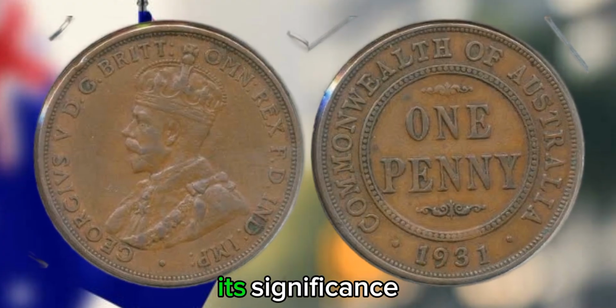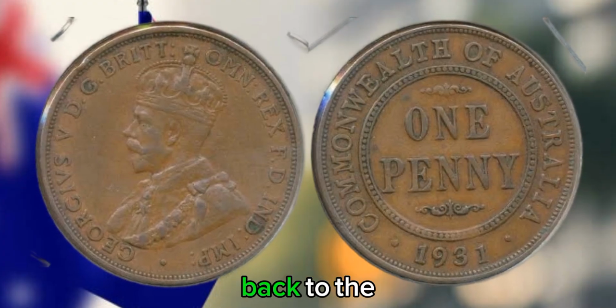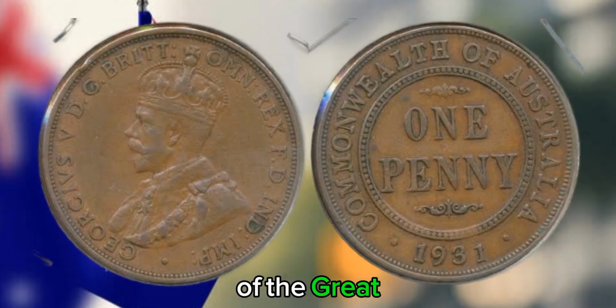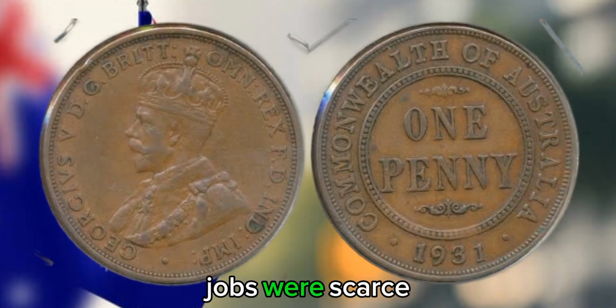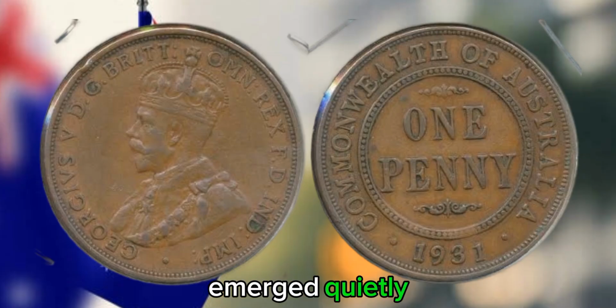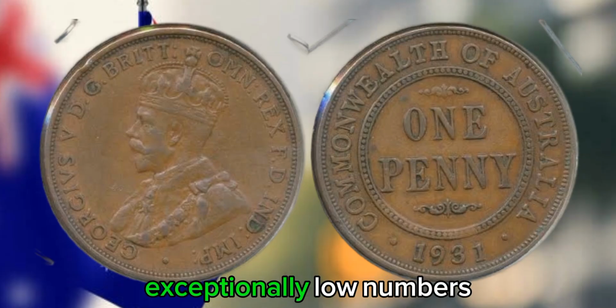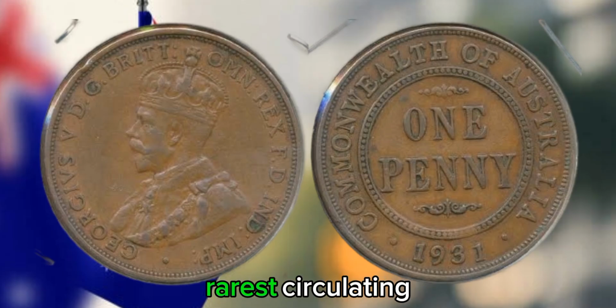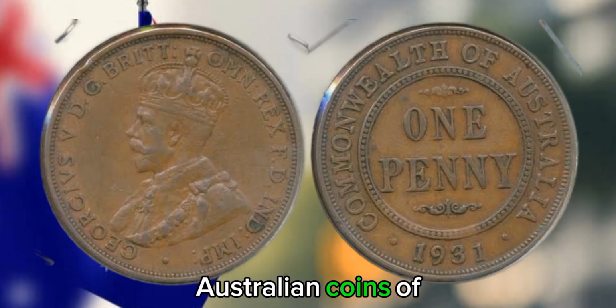To fully understand its significance, one must travel back to the early 1930s. Australia was caught in the grip of the Great Depression. Jobs were scarce, wages were low, and life was a struggle for most working-class families. Against this backdrop, the 1931 penny emerged quietly, modestly, and in exceptionally low numbers. With a total mintage of only 494,000, the 1931 penny ranks among the rarest circulating Australian coins of the 20th